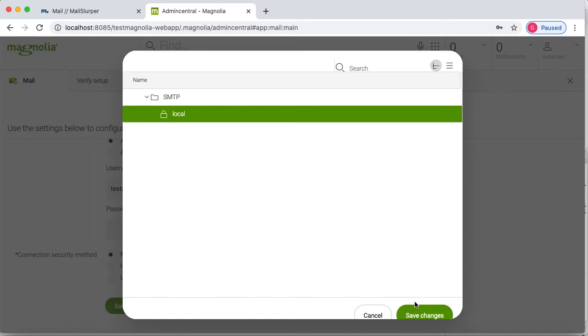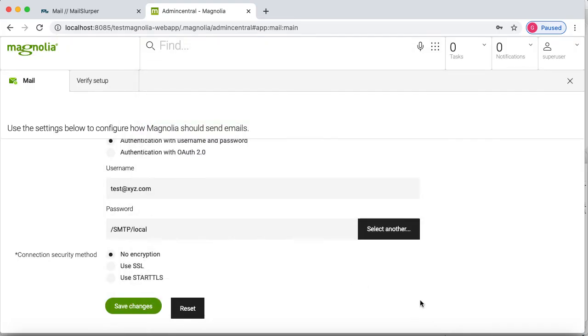So you can select it, do save changes, and now we have the password and username, and we will save these changes. Again save the changes, and you can see that the configuration is saved.